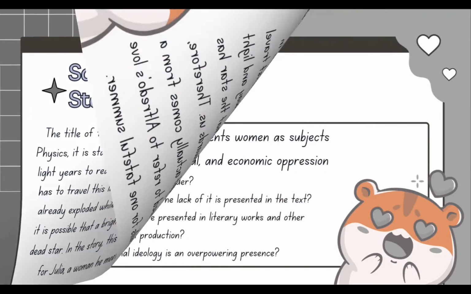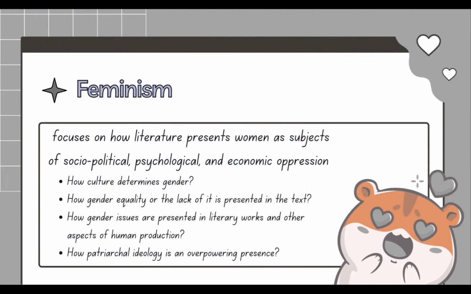Aside from that, we also have feminism. This focuses on how literature represents or presents women as subjects of social, political, psychological, and economic oppression. So what are the ways in the text that a female or female characters are portrayed? For example, if your character is a mother, what kind of mother is she? And if she is a single woman or if she is a slave and so on and so forth,